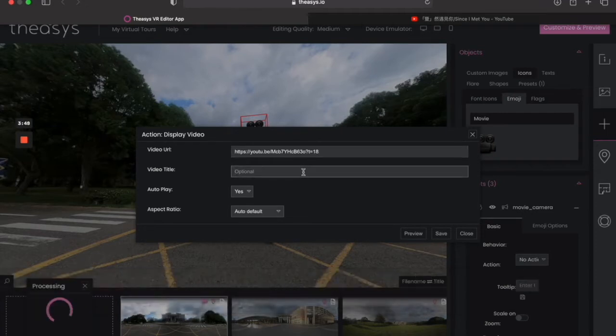The title, and we don't really need to add a title, but we'll add one anyway. Take a look. Okay, do we want it to autoplay when they click? Yes. The aspect ratio, the size of the video, how you want to do can be set here, but I recommend you just go with the default. YouTube is pretty good at all of that.